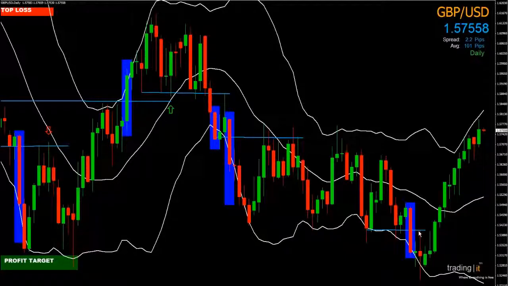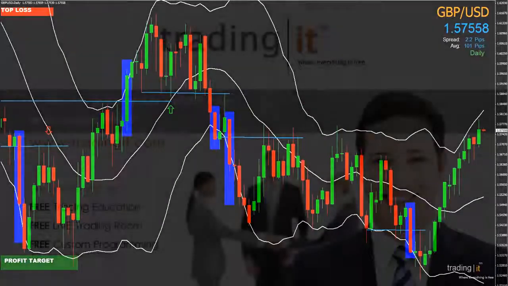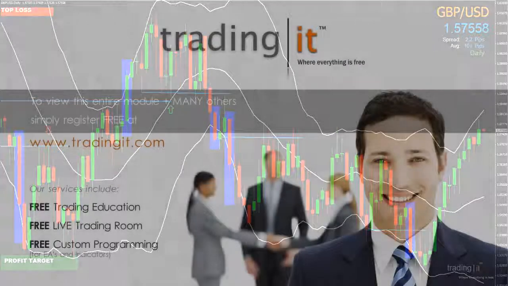In essence, trading with Bollinger Bands can help determine specific trade setups. It's up to us as traders to understand the purpose of them and to apply them in a manner that will ensure